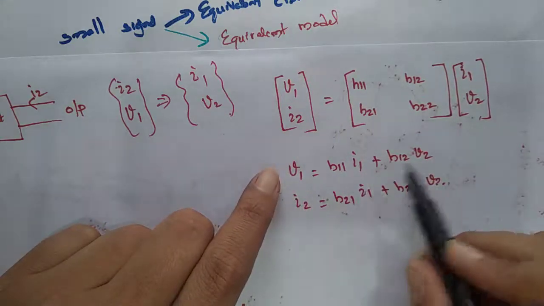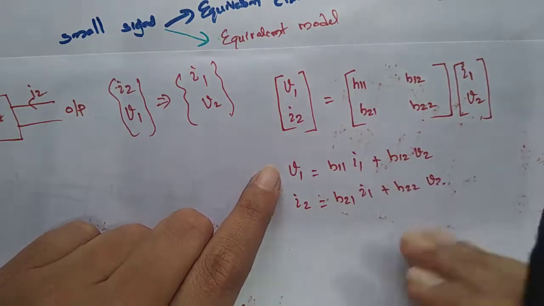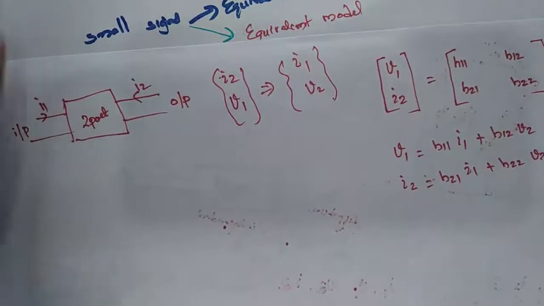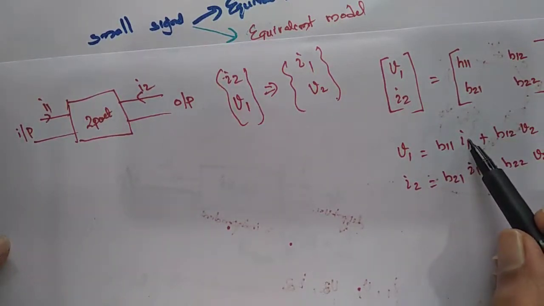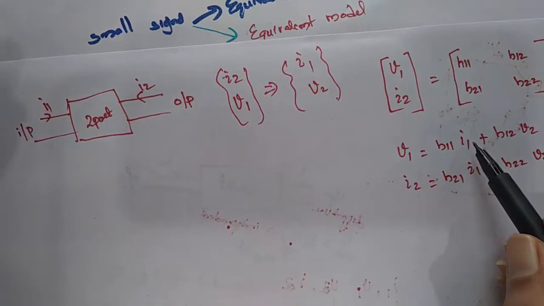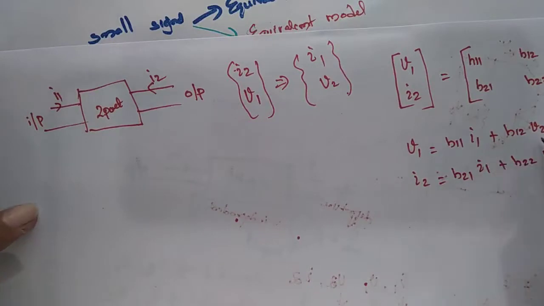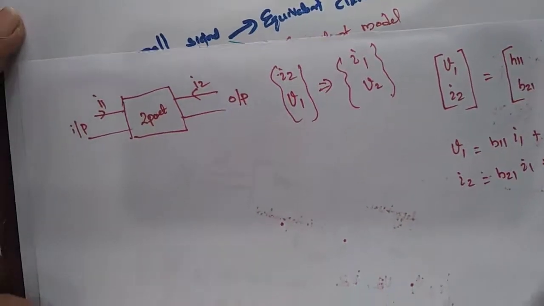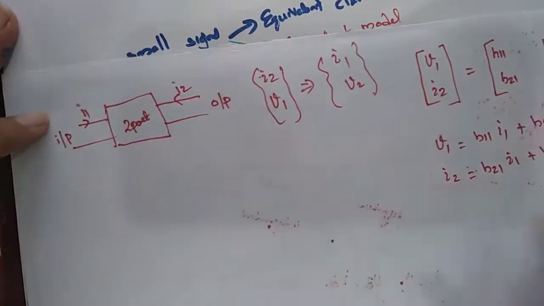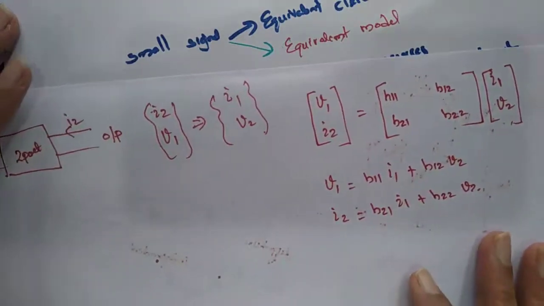We can make either of the two parameters 0, any one of them. As we have studied in the superposition theorem, what did we say there? We make one of them 0 and find the response for the other source. Similarly, we make the first one active, the other 0, and find the response for the second source also. So we have V1 equal to H11 I1. So how will we do it?